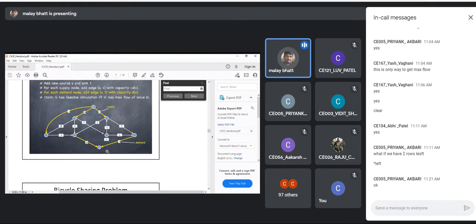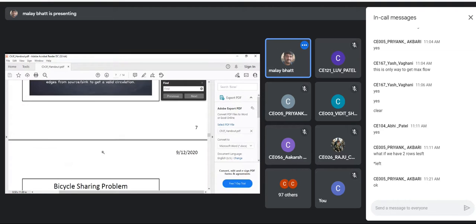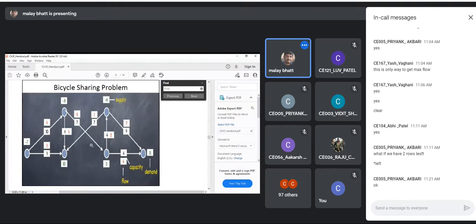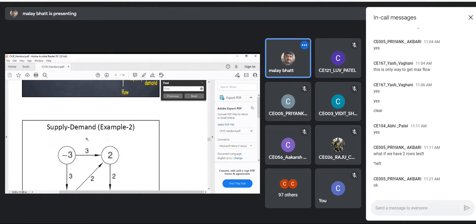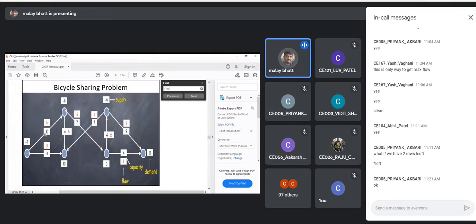So it is now a flow network. It is same as your flow network, nothing different, right? So using a Ford-Fulkerson method, you can easily solve this flow network. So now to understand this, we'll take a very simple example. So which are the supply nodes here? This you can solve later on by your own. I am not sharing the answer of this problem, right?